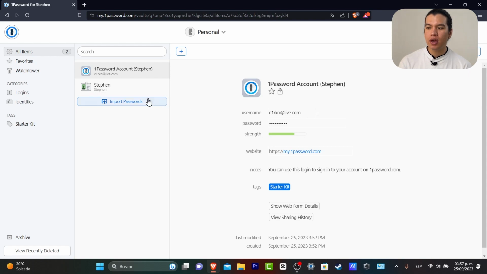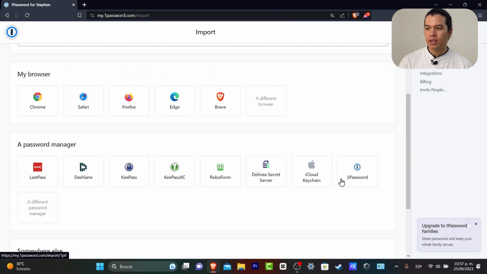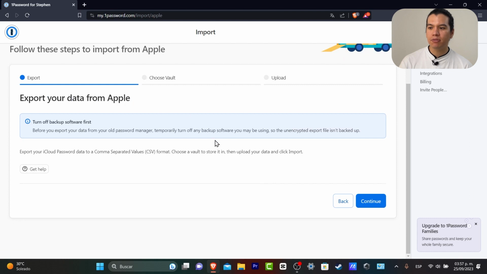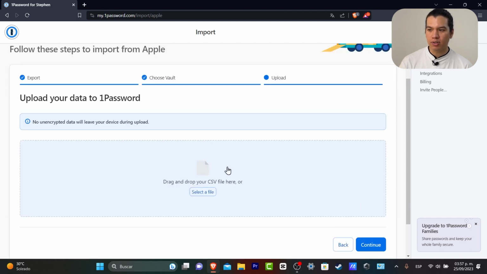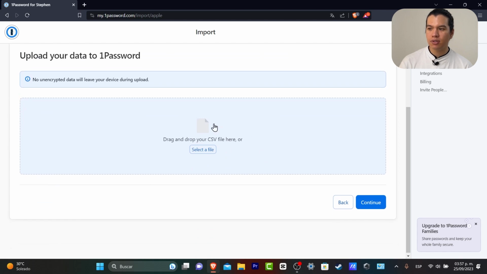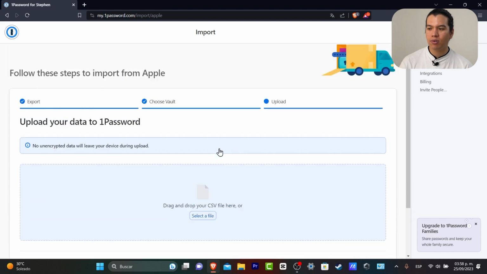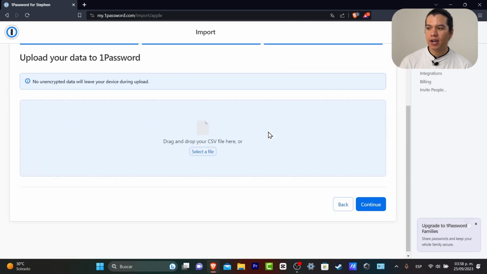So let's go into import passwords. So let's say that I have lots of accounts from iCloud Keychain. I choose iCloud, export data from Apple. Let's go into continue, and continue once again. Now usually here it's going to be asking you to drag and drop a CSV file here, or to select an actual file. So if you don't have this file, if you want to generate this totally for free,